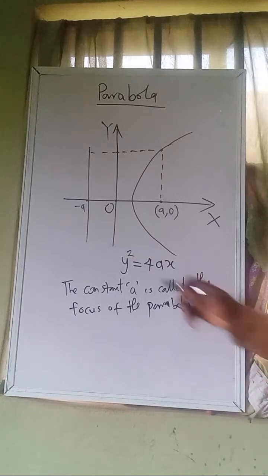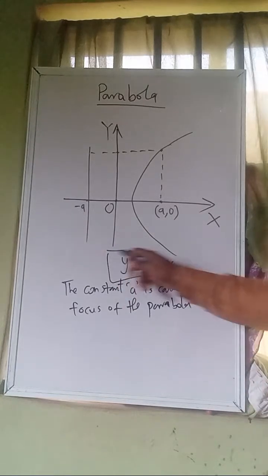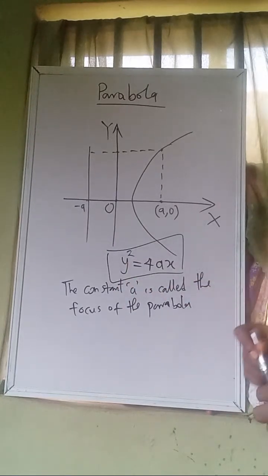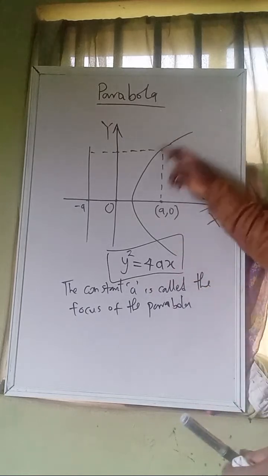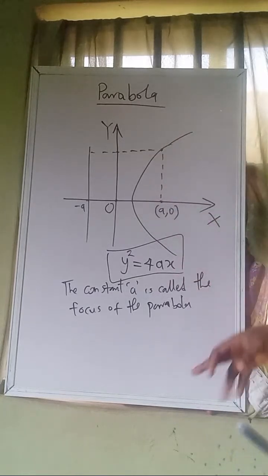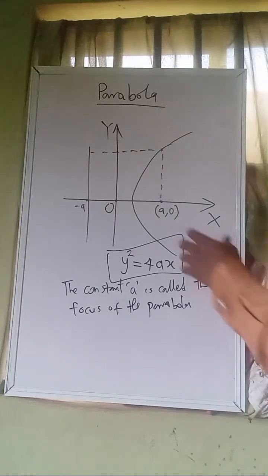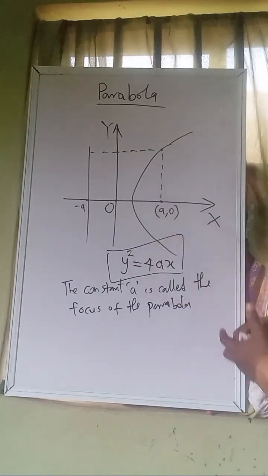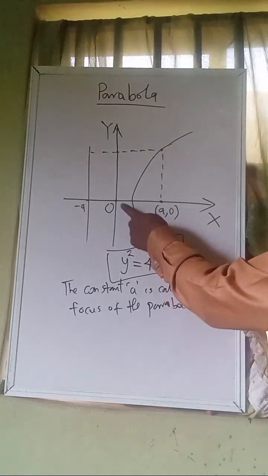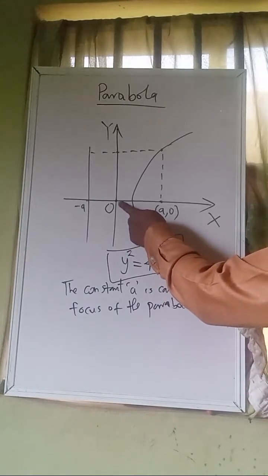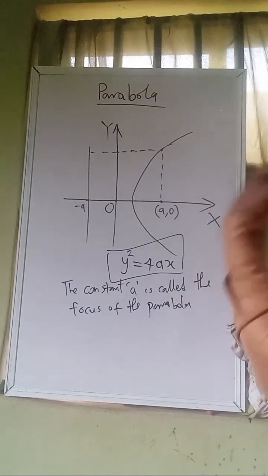Okay, so this equation that we have generated here is the equation representing this curve. Okay, so another form is that, you will see the origin that we have said here